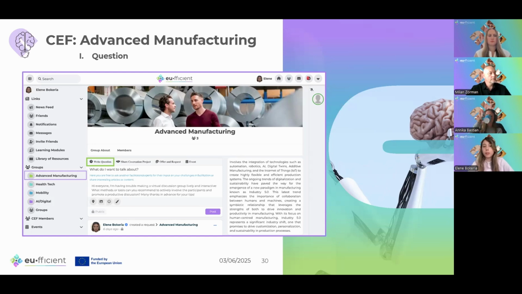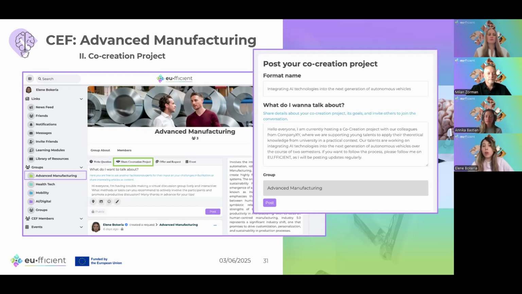And that's more of a generic type. The second one, which we can see on the next slide, is the co-creation project. First you have to give the title to this kind of format of the post, and then you have to describe the co-creation project. Usually it happens with a company, so you can mention the company, you can mention the stage you are at,